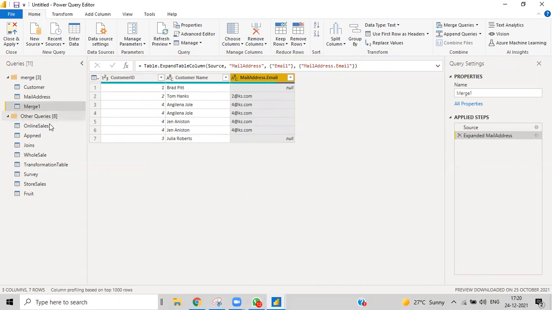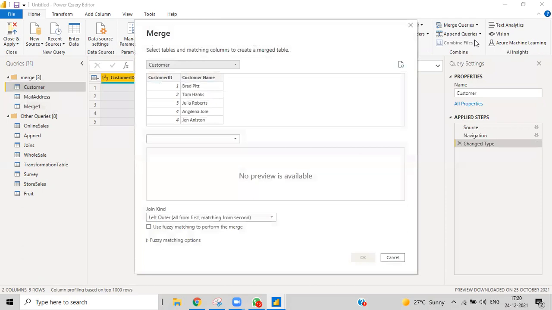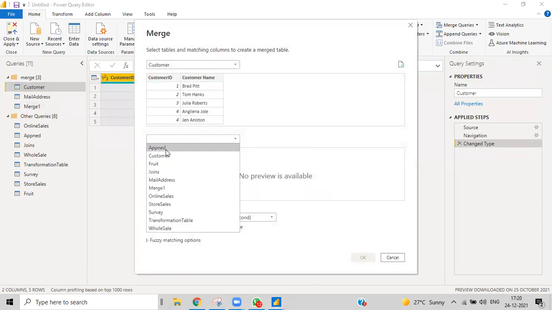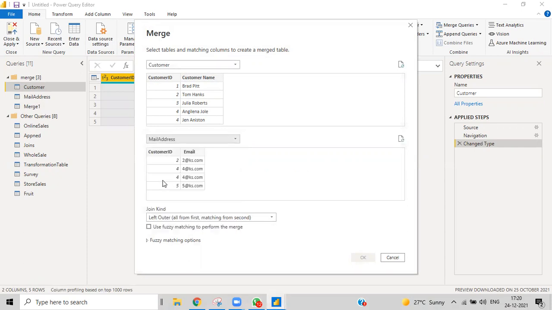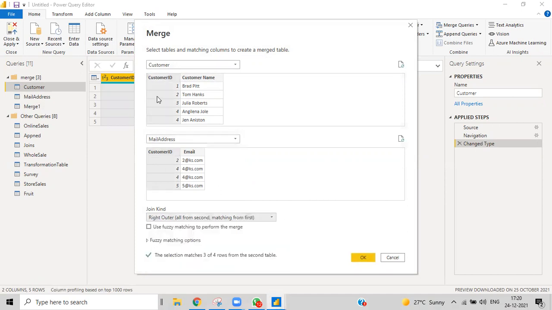Coming to the other joins that we can go with, I'll go with merge queries as new. I do have the mail address table and the common columns, and then the right outer join.